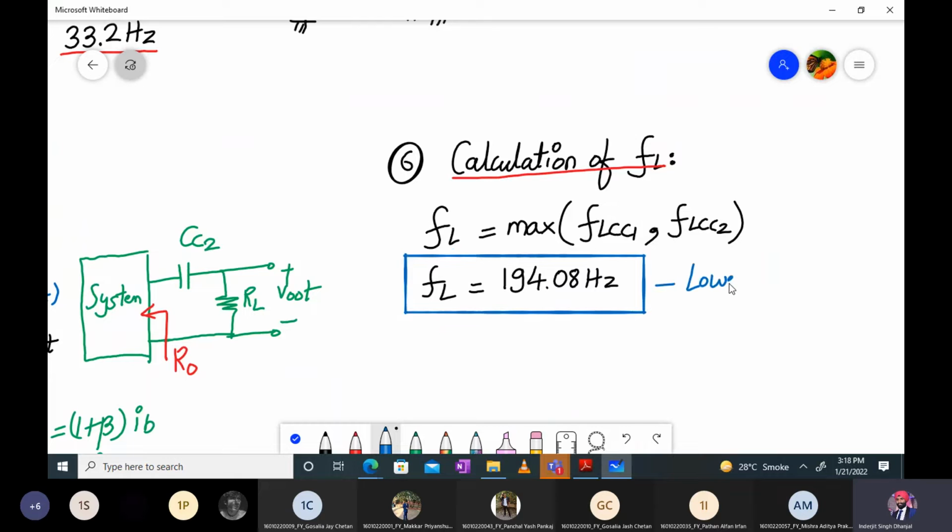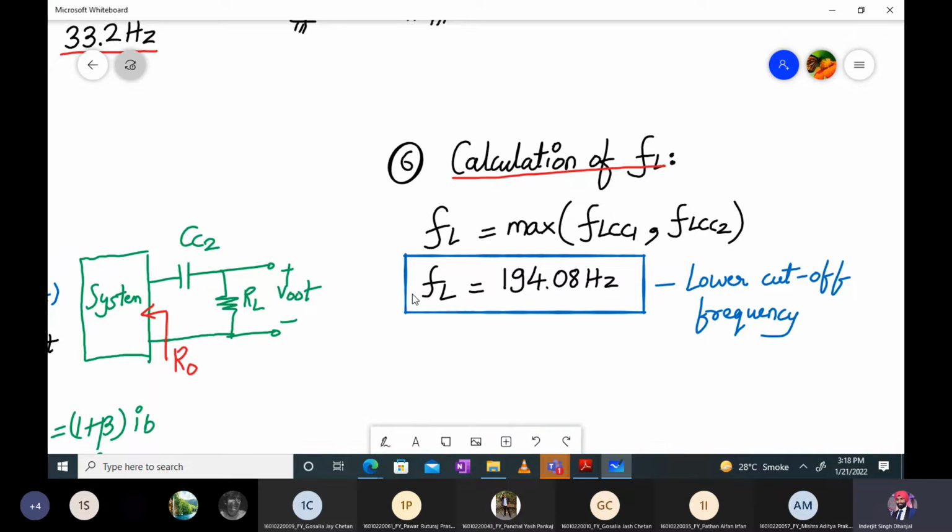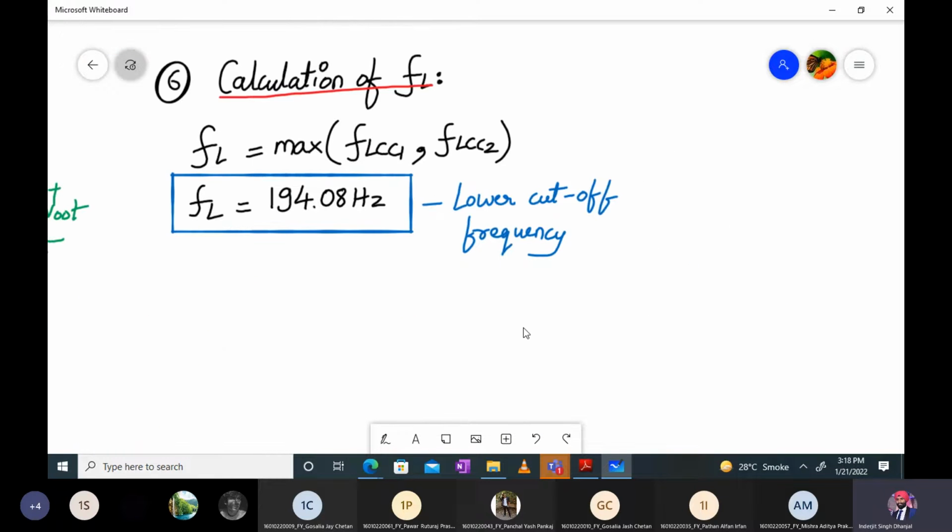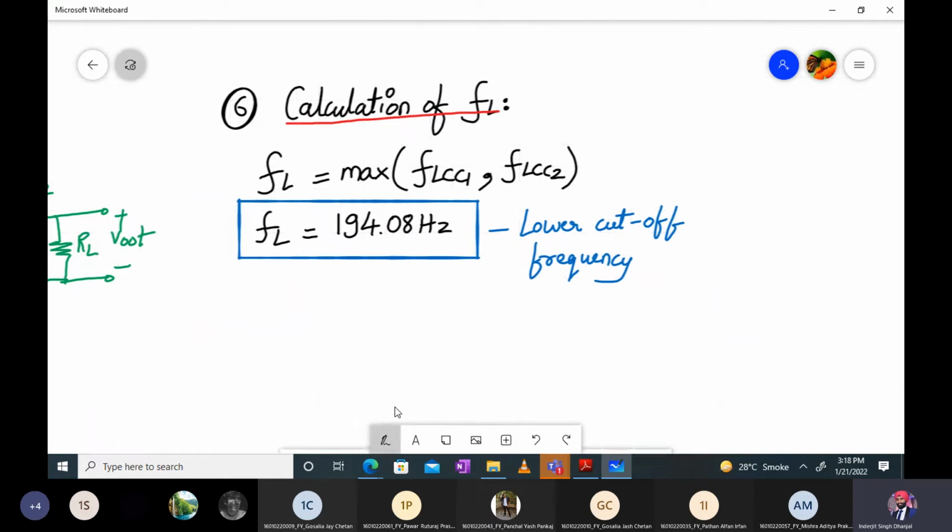So this is the lower cutoff frequency which we wanted. It will come after calculating all these things which we have discussed so far. Okay, fine. Further, if you want to proceed, then